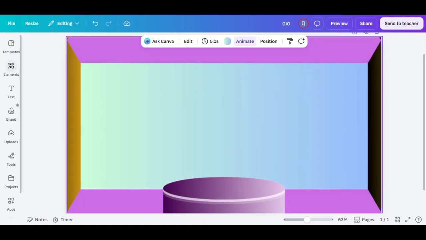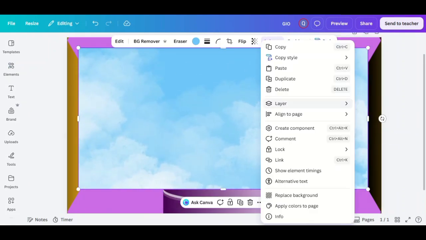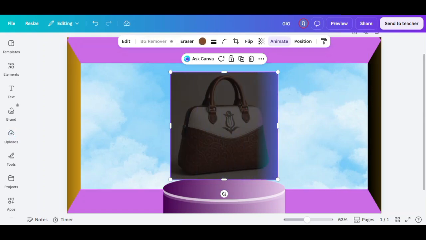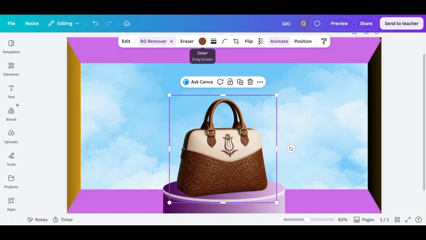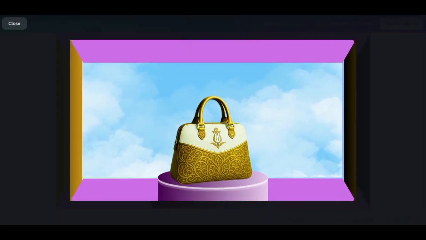Upload your product image and position it where it naturally becomes the focal point of the composition. Add a bold headline, a short product description, pricing, and a clear call to action using clean, modern fonts. Keep your color palette limited